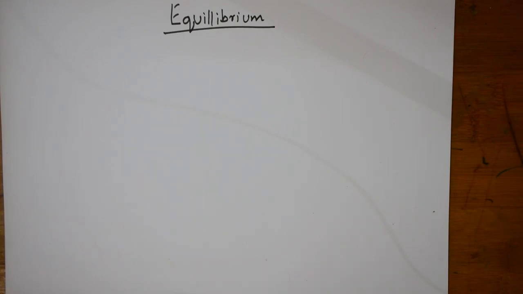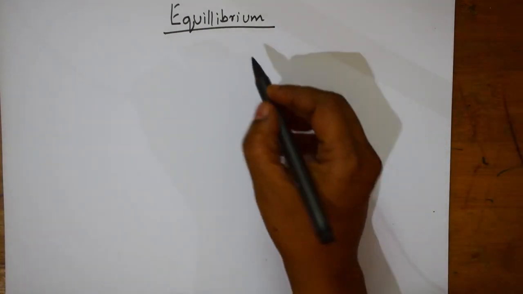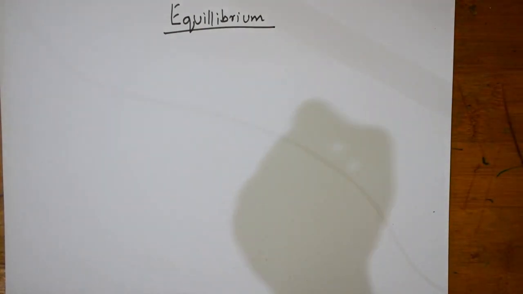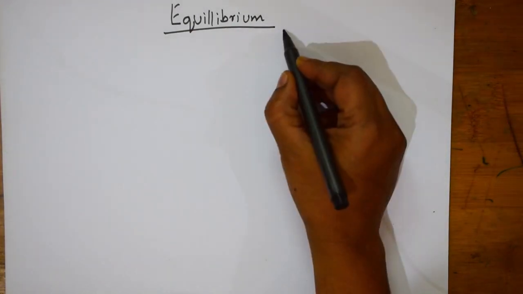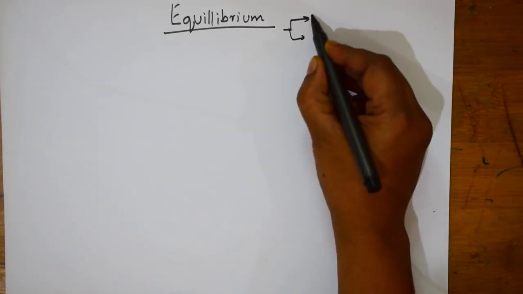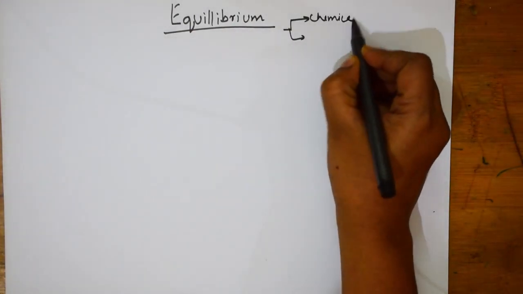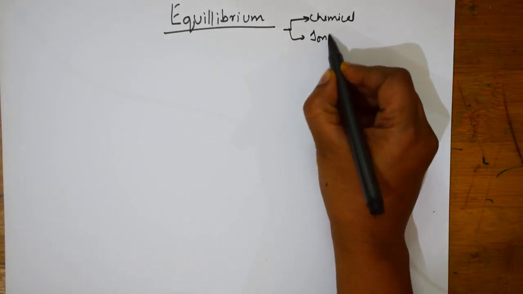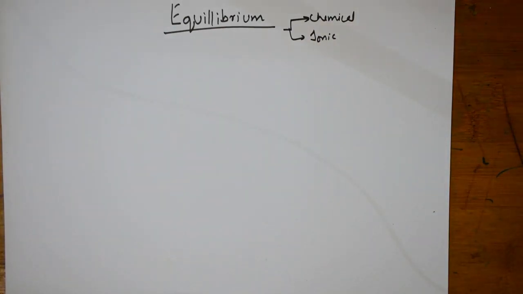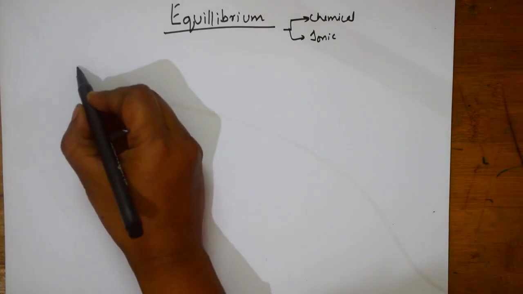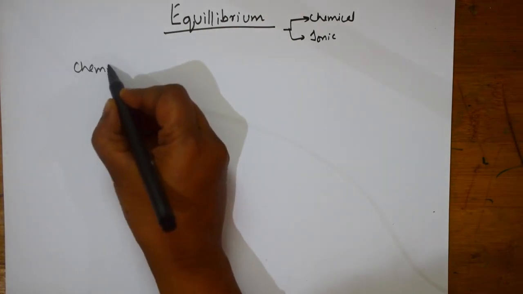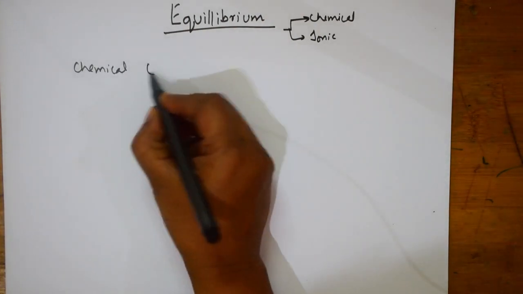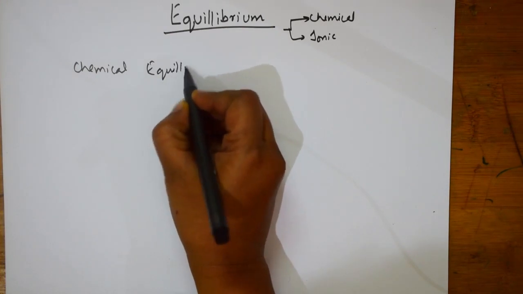So when we speak about equilibrium here in your grade 11, you have two types of equilibriums to study, right? That is chemical equilibrium as well as ionic equilibrium. These two are the concepts which are there. Let us see what are the different topics in chemical equilibrium which you need to remember for your entrance exam too. So in chemical equilibrium